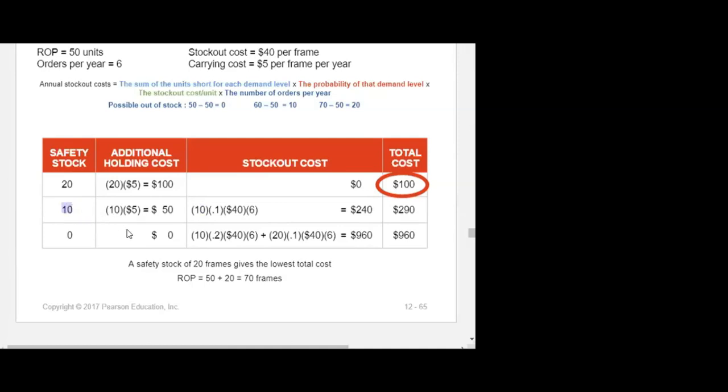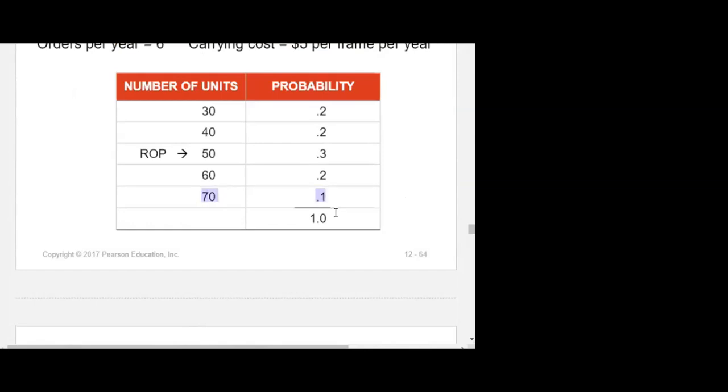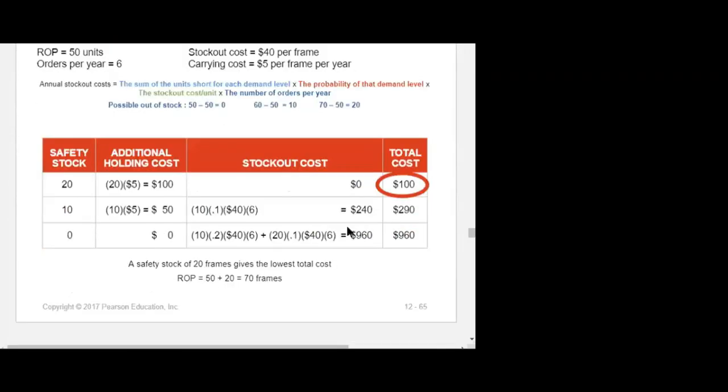That's if you have 10 additional, right? You're at 60. If 70 happens, you're short 10. What's the probability of being at 70? That's 10%. 70, 10%. The rest of the calculation is the same, 40 times 6. Is there any other case that you would be out of stock? The answer is no. There's no other stock out possibilities because higher than 60 is only 70. That's one case. And what's the cost to it? $240